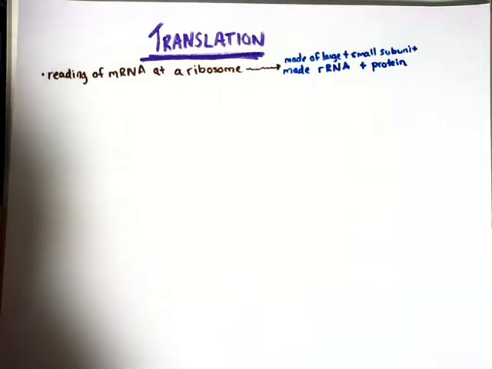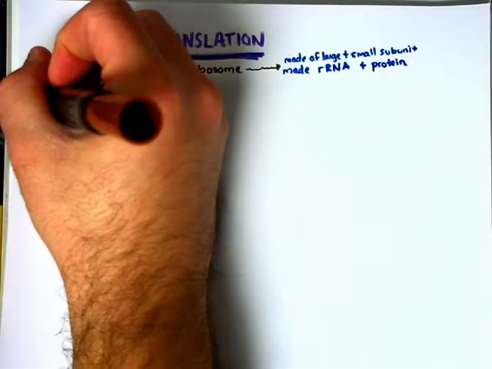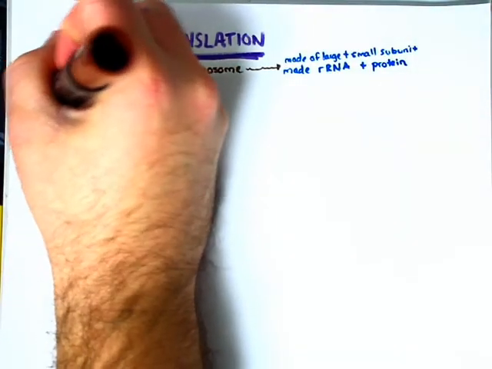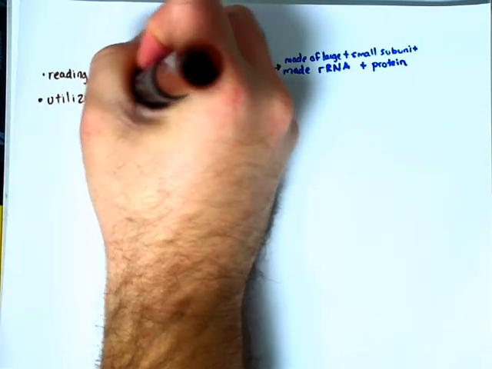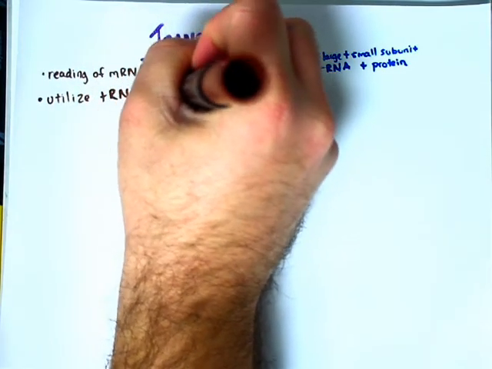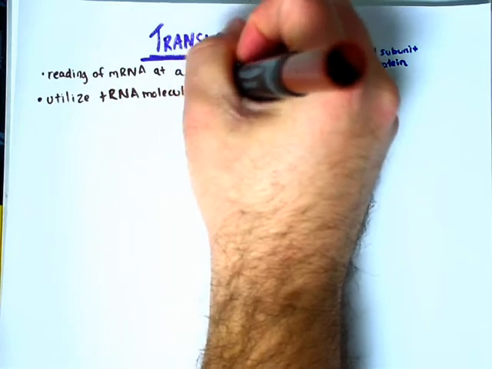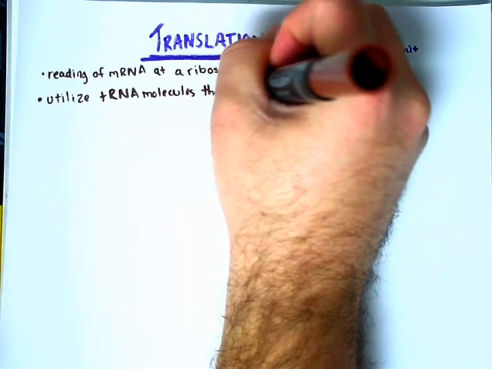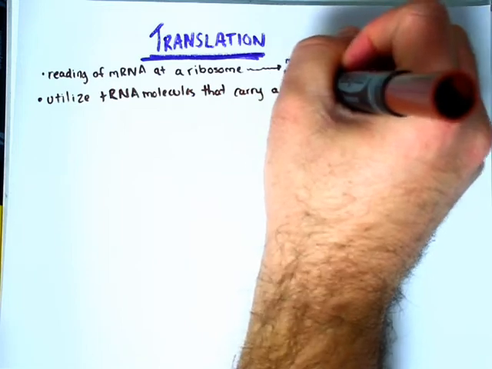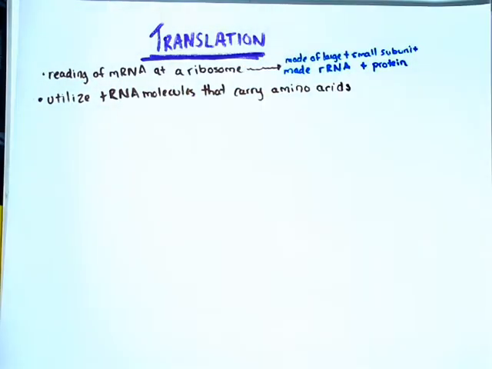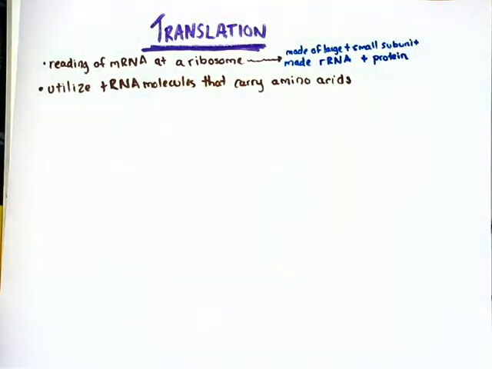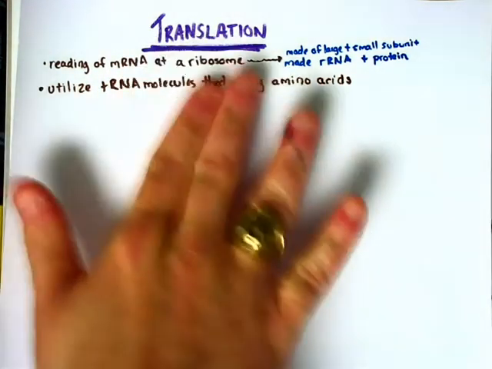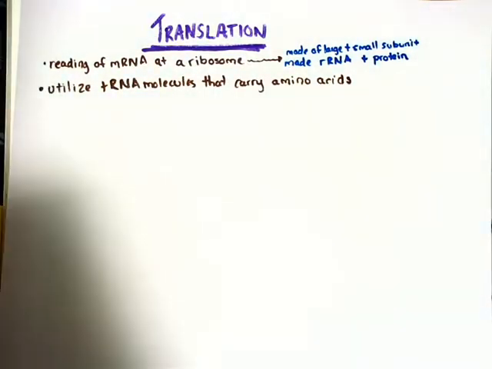And then not only is translation occurring at that ribosome through the reading of mRNA, but it's going to utilize the action, or the carrying potential, we could say, of tRNA molecules. And these molecules carry your amino acids. And we had gone over this drawing the other day that kind of covered the structure of these two in tandem. To review that concept,